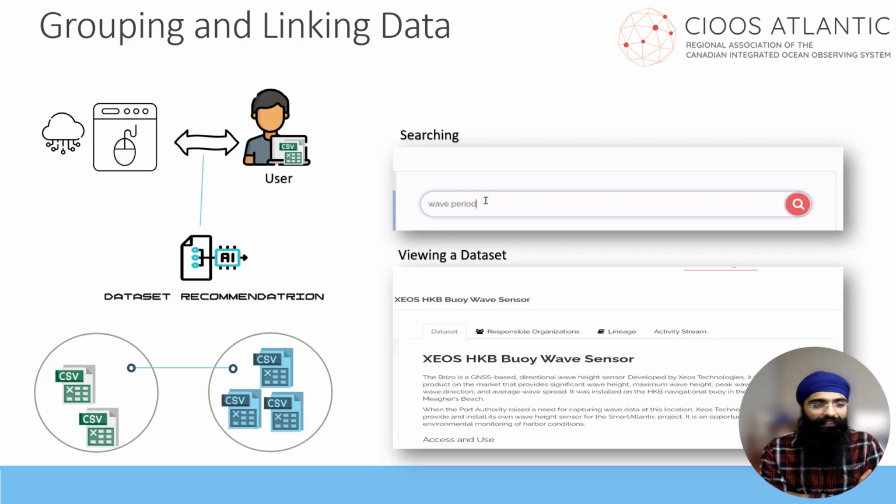Our idea is to implement a recommendation system which is going to find similar groups of data sets with similar properties. Integrating, grouping and linking the data sets with each other can produce a data set recommendation system. That is how our organization is working towards the best benefit of the users. The whole team is funded by the government funders, and everything is open source.